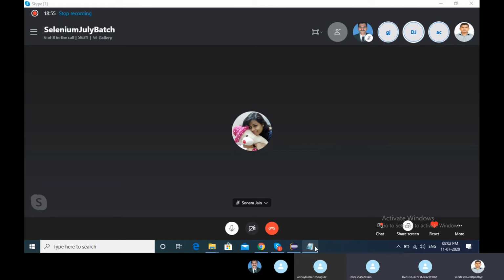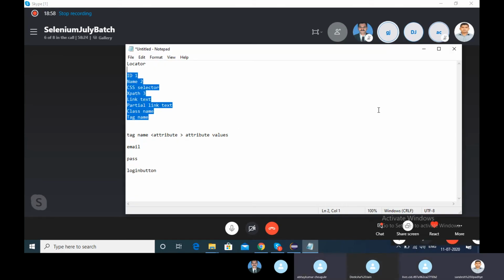That's why I told you we have 8 types of locators. Our ultimate goal is to find a particular control and work with that control. If a text box is there, I want to enter something, I want to send keys. If a button is there, I want to click. If a drop down is there, I want to choose a particular value. So while working with different controls, if you have the same ID, then you need to go with a different locator. In real time, if that happens, you need to choose something different. Got it.